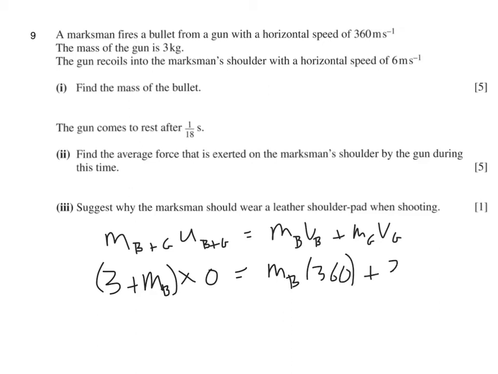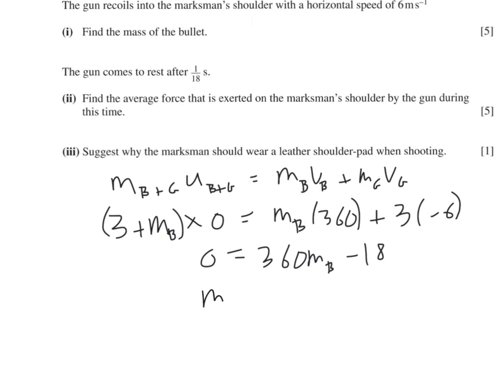The mass of the gun is 3, and the velocity of the gun, it says there's a recoil into the marksman's shoulder of a horizontal speed of 6. A recoil means it's going to go in the opposite direction. So the bullet's going to the right, say, and then the gun will go to the left. So that's why we've got minus 6 for the velocity of the gun. If we tidy that up, we get that 0 equals 360 times the mass of the bullet minus 18. So we need to get 18 and divide it by 360, and that's going to get you the mass of the bullet, which is 0.05 kilograms,